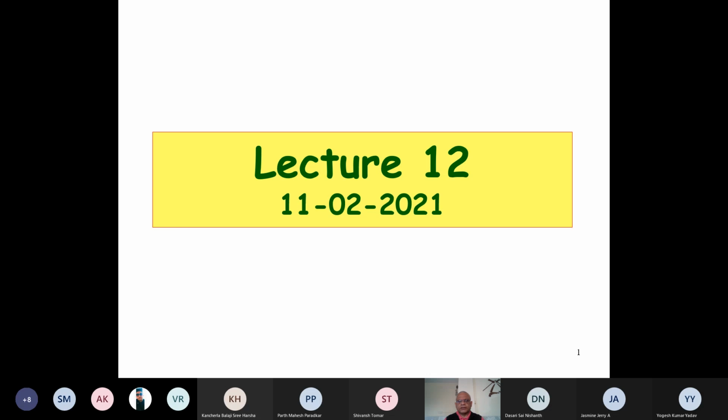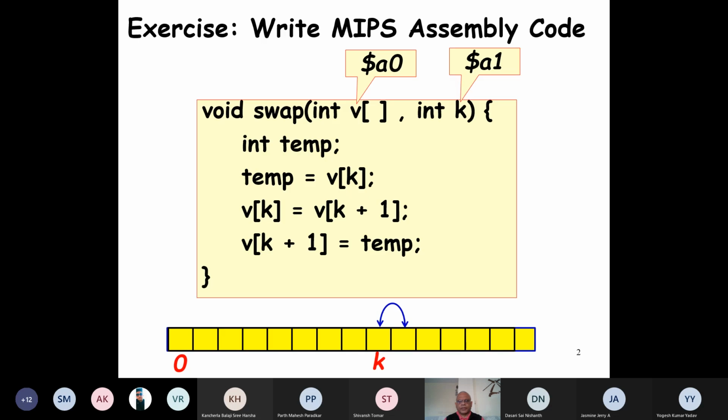So, let's get started. We had discussed assembly language programming in the MIPS computer, and in particular, the procedure calls that we were discussing last time. Let's take a few more examples so that it will become clear. We were discussing this example in the last class towards the end, and here we already have integers in an array.